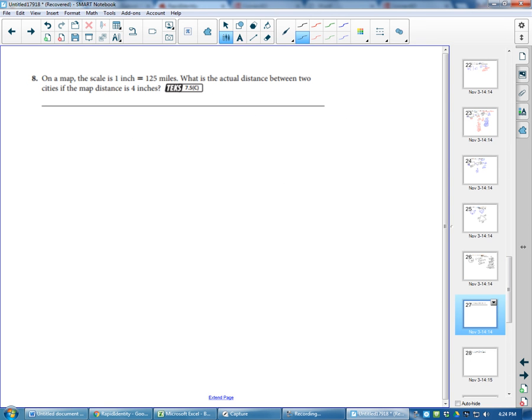Alright, on a map, 1 inch is 125 miles. What's the distance between 2 cities if the map is 4 inches? So our scale is inches to miles, right? 1 inch is 125 miles equals,